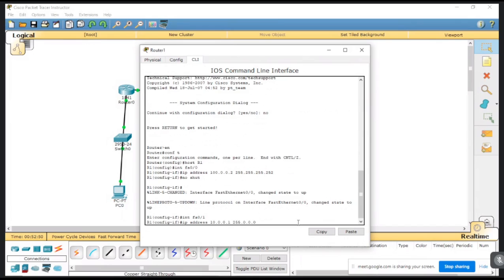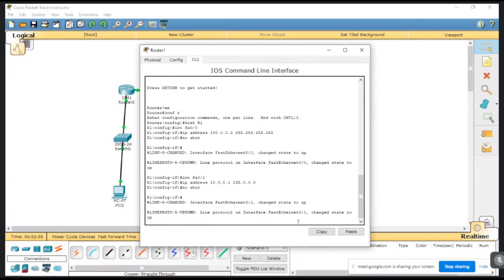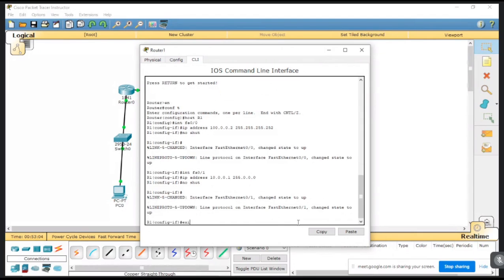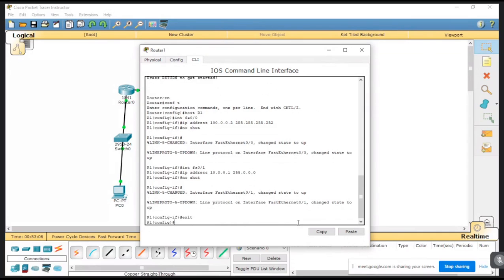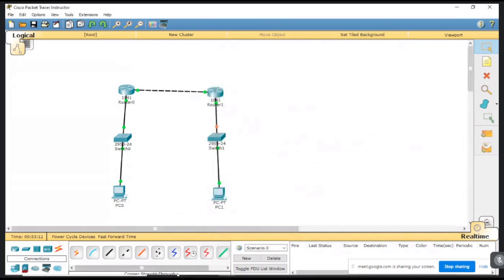This is the subnet mask for the network. Okay. Then press no shut to start it. Then you can type exit to come out from this interface. Okay, now this is all about the configuration. You can see.